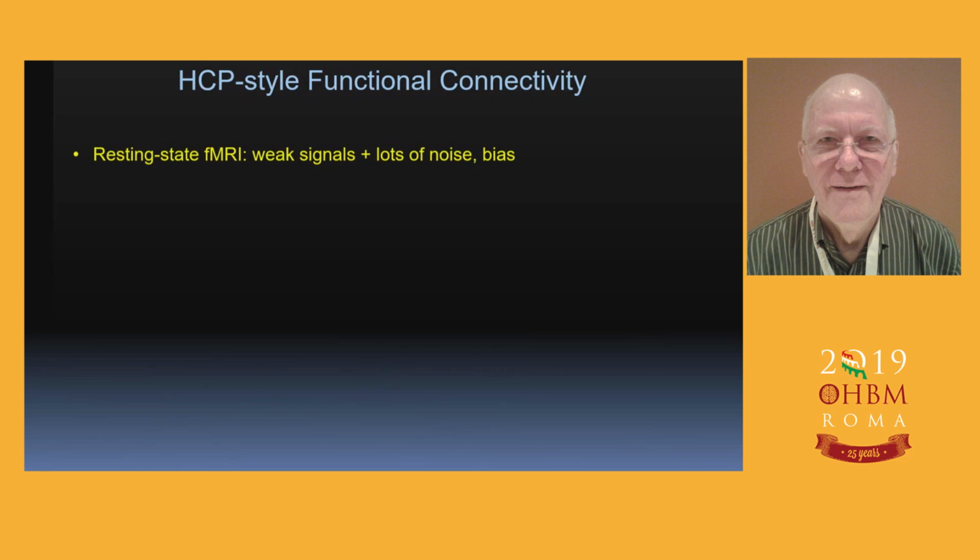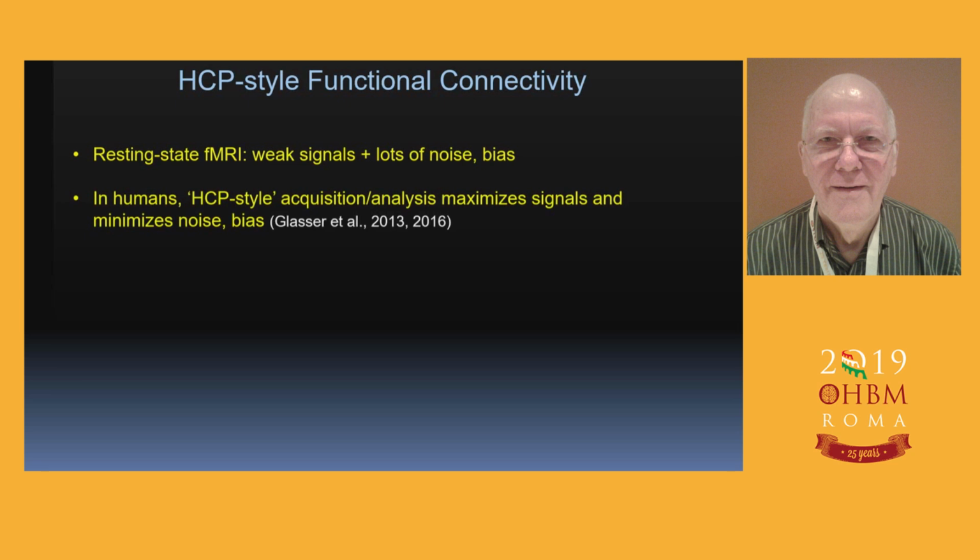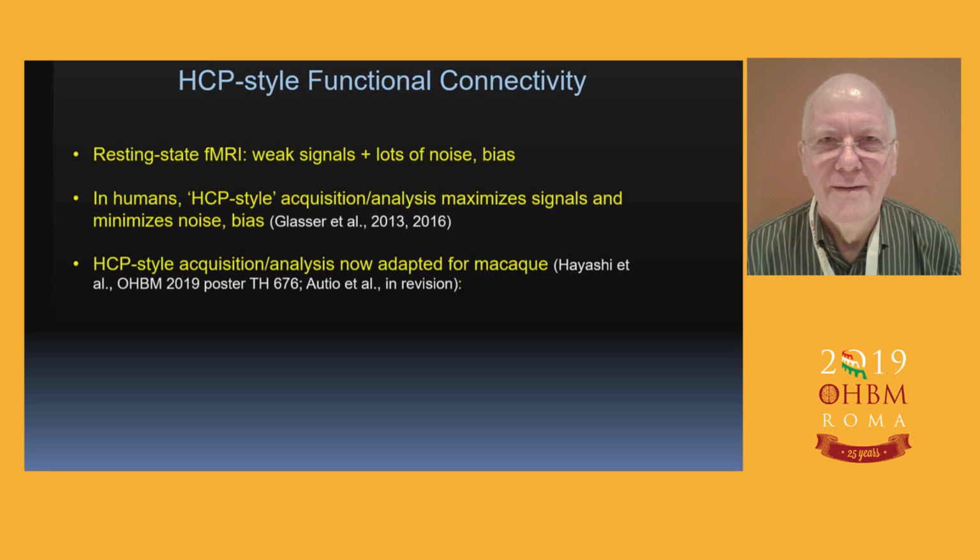Now, if we jump over to resting state fMRI, we know that fMRI gives relatively weak signals that are buried under quite a lot of noise and bias and artifacts. In human analyses of fMRI data, what we call the HCP-style acquisition and analysis strategy is aimed at getting the best signals possible, minimizing noise and getting rid of biases using approaches that Matt Glasser's papers articulate. Working with Takuya Hayashi,